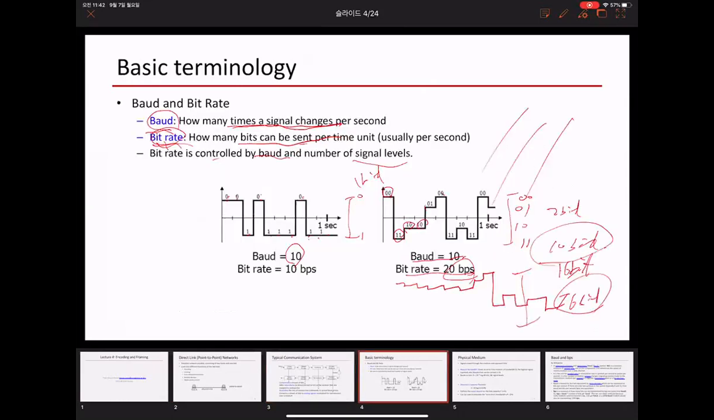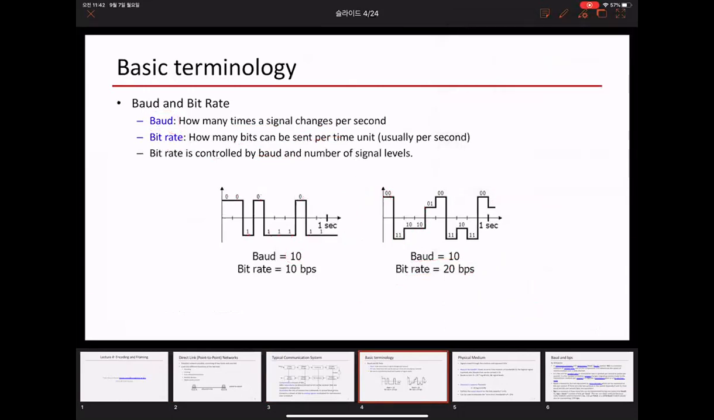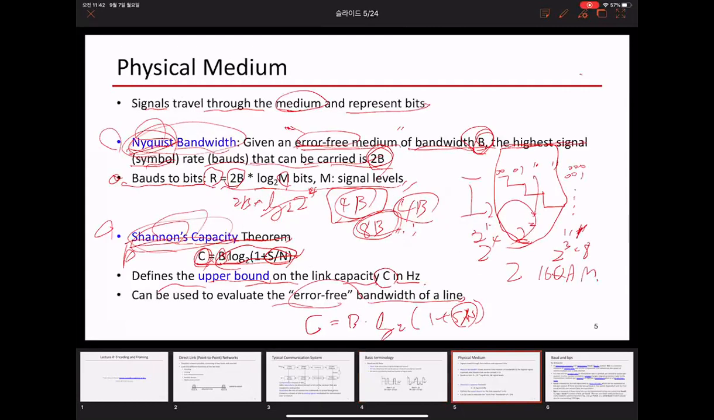Then we talked about basic terminology, which is baud rate and bit rate. What is a baud rate? Baud rate is the number of signal changes. Bit rate is the number of bits you can send per unit time. So the baud rate is signal change, but for the bit rate, if I have more signal levels, I can transmit more efficiently. Okay, then we talked about